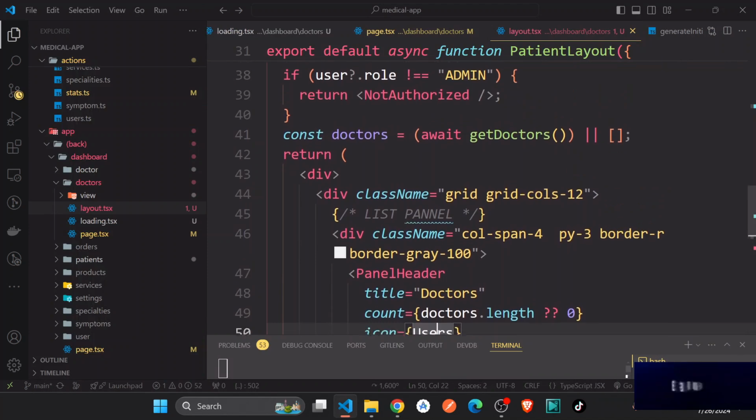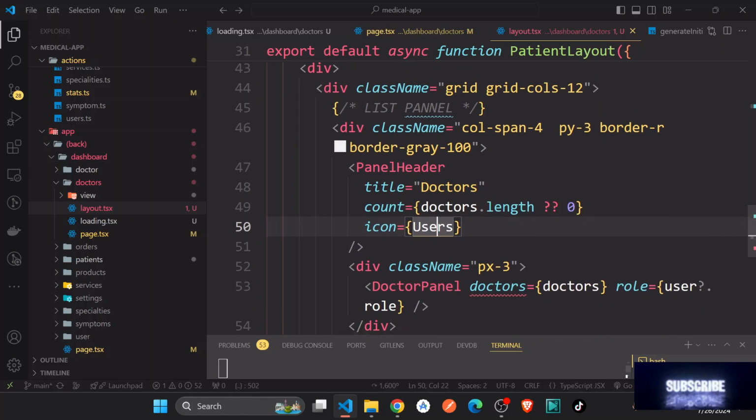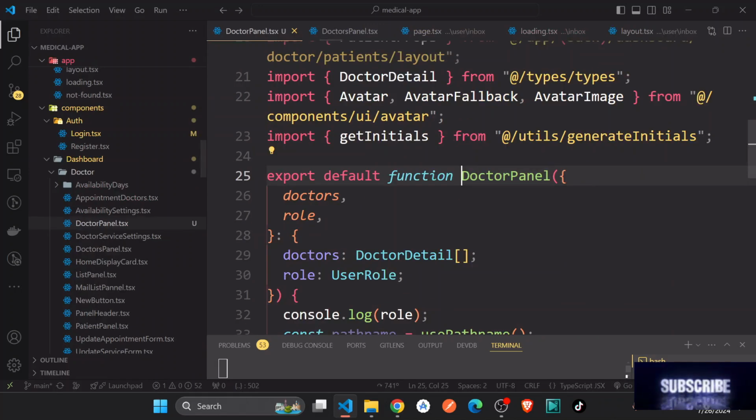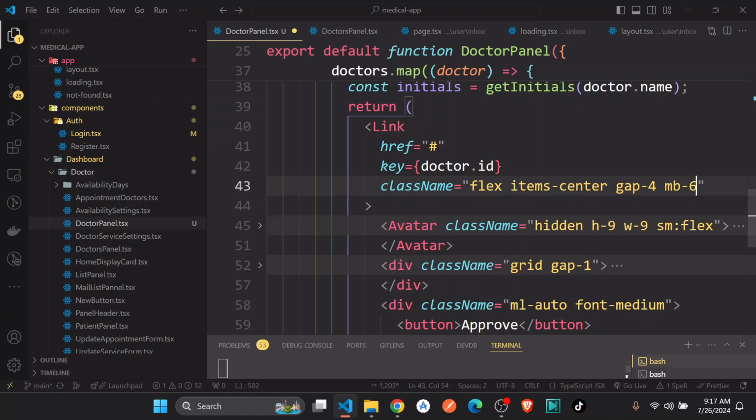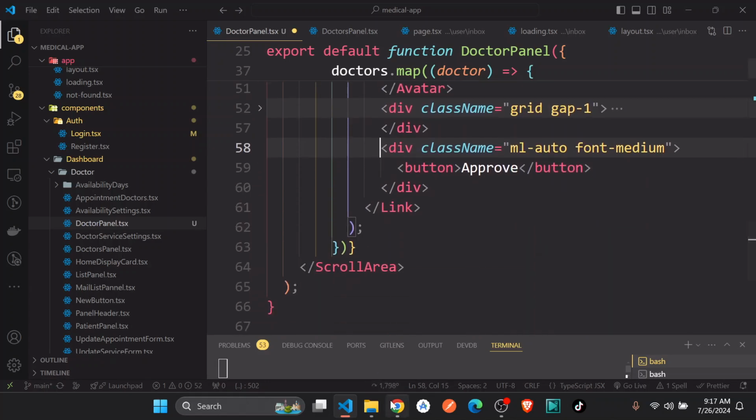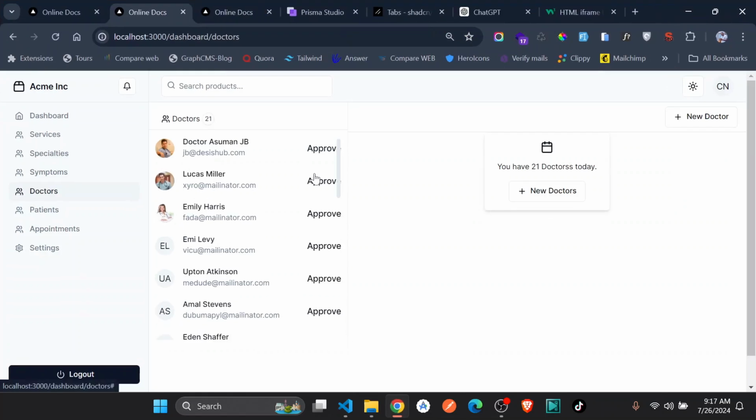Okay. I'm just going to go to the doctor panel. You can add this to 6, I guess. Okay, so this button we have to put some other data that we can just use. Instead of this approve, we're just going to put the status for this doctor, if it is approved or